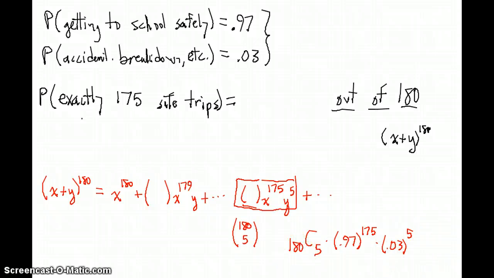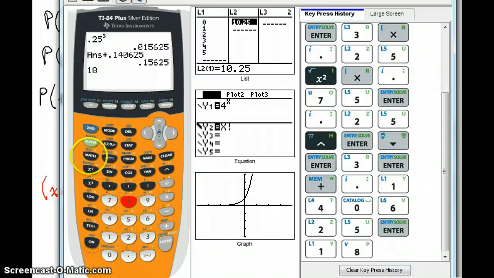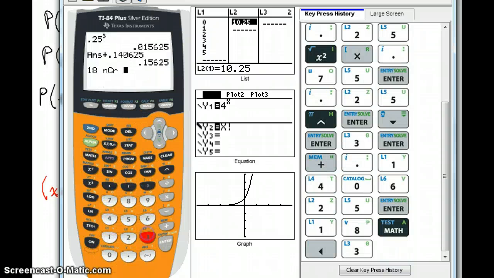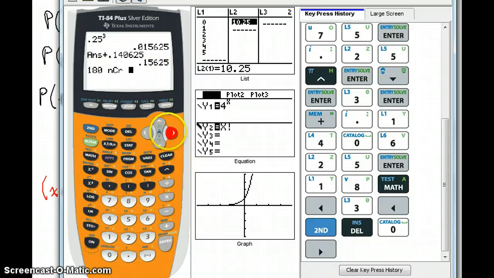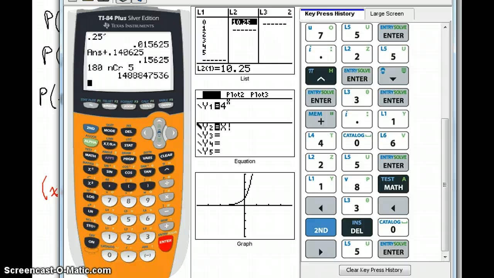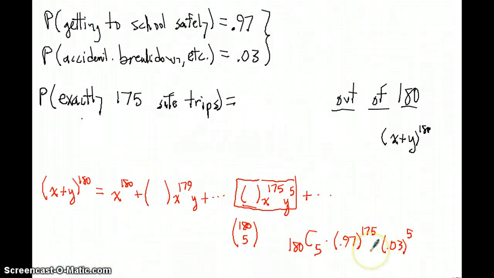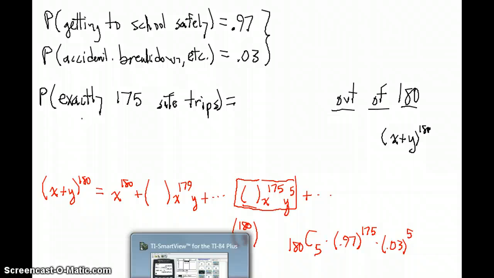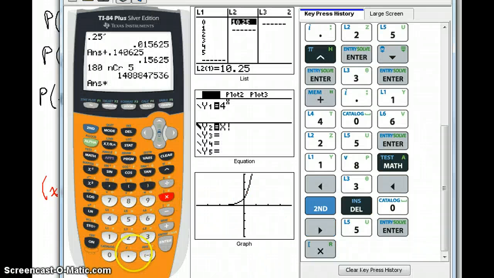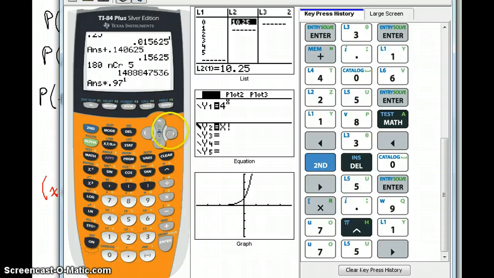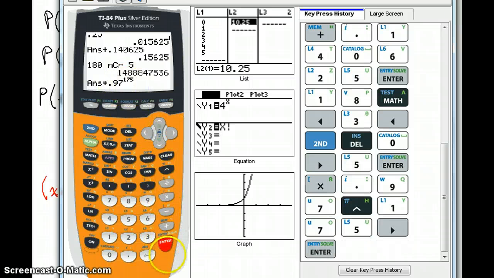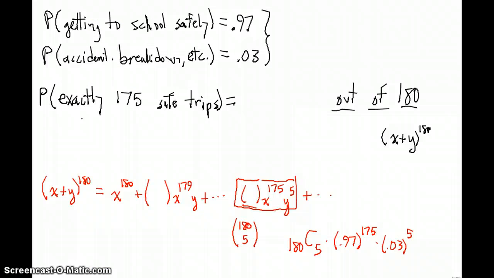I'll figure this out in the calculator. 180C5 is probably a pretty big number, actually. 180, math, probability, 3. Now, how come I didn't get my 0? Come on. 180 nCr 5, which is a huge number. But then this probability is going to reduce this so much that when I multiply it by these last couple things, this becomes less than 1. Times, do I want to write this down? I really don't. Times 0.97 to the power of 175, which is probably going to make it smaller, but not a whole lot smaller. I mean, this is really close to 1, right? Oh no, it reduces really fast. Anyway, it's still pretty huge. And then I've got to take that, then times 0.03 to the 5th power times